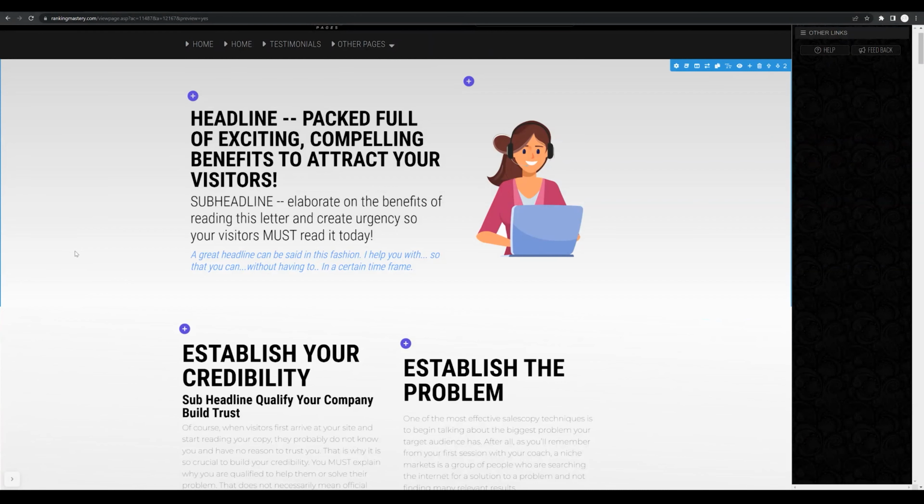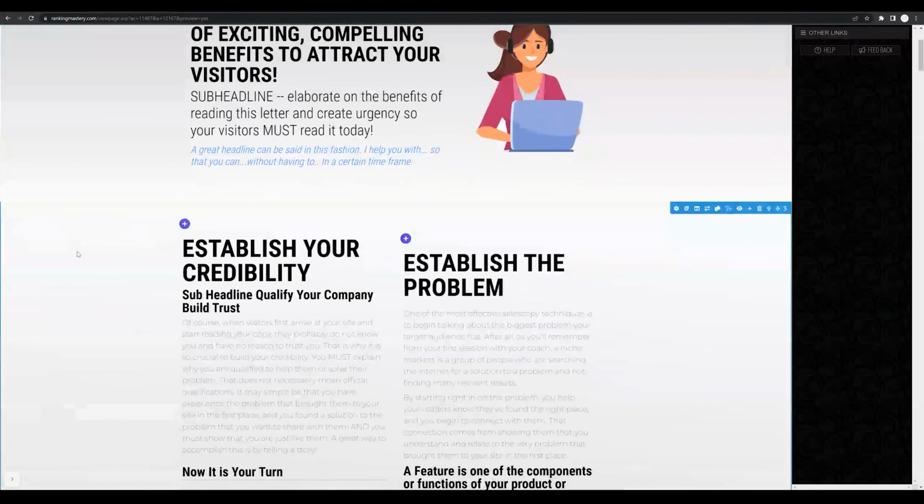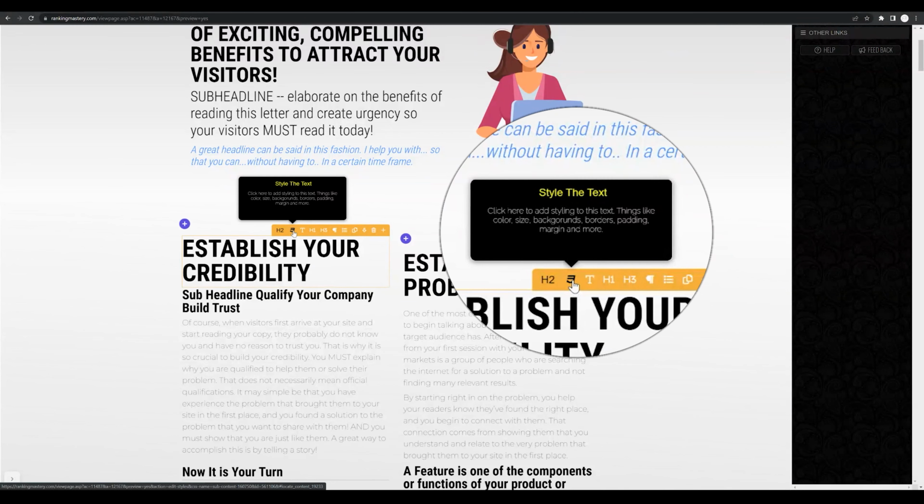In this video, we're going to be talking about stylizing your text, specifically how to create a border around your text. Let's say we wanted to create a border around this text, establish your credibility. Step number one, we're going to want to come to the style icon and click on that so we can